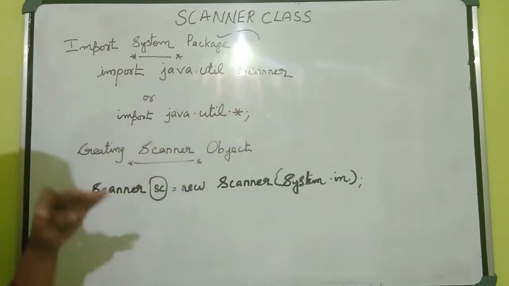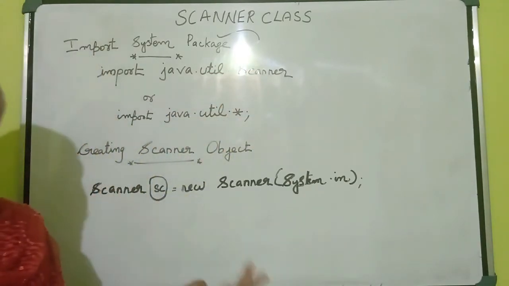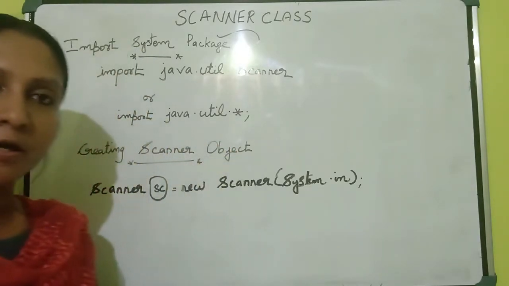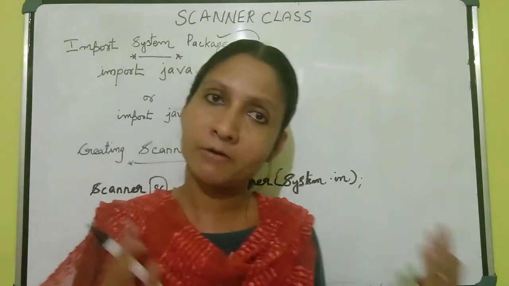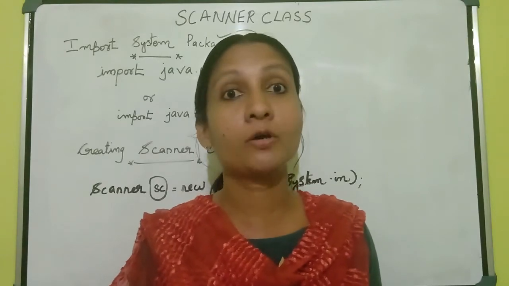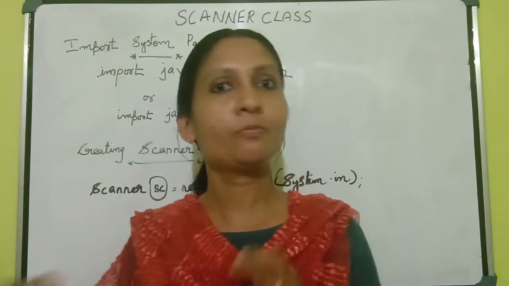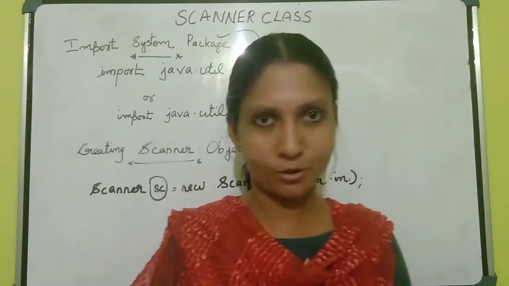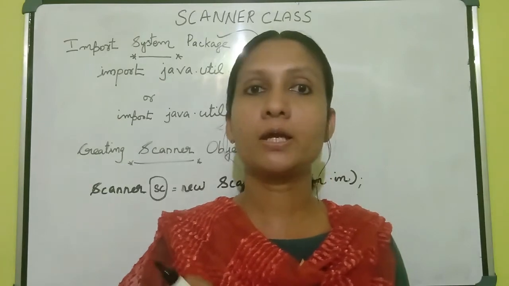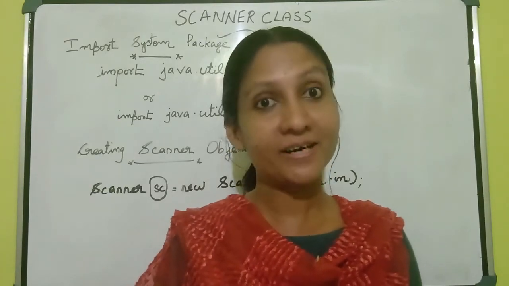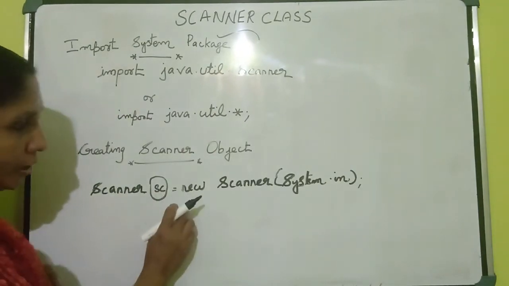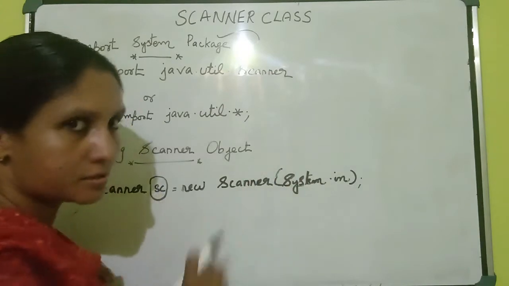This you should write when you are using a Scanner class. You need to write this package name. Understood, all of you? Okay. Then what is the next step? We all know when you are creating a BufferedReader with InputStreamReader, we need to create a BufferedReader object. How can you create? BufferedReader br = new BufferedReader(new InputStreamReader(System.in)). We all know. In that way, when you're working with a Scanner class, first we have to create a Scanner class object. What is the statement? Look at here. Scanner objectname = new Scanner(System.in).